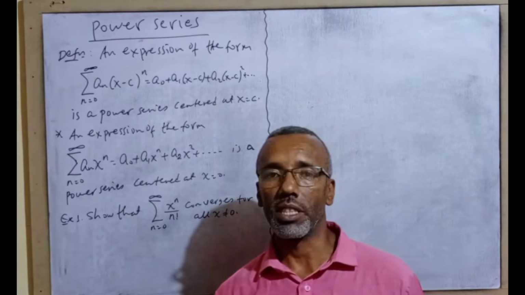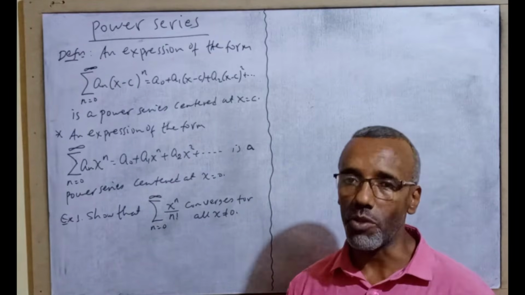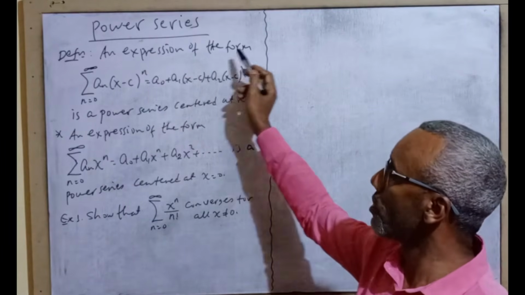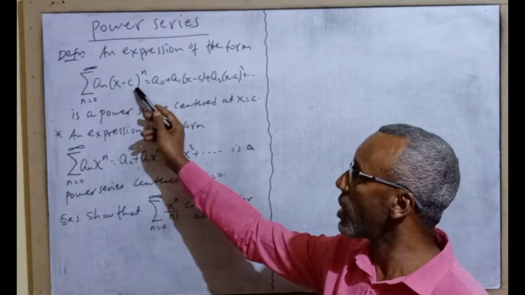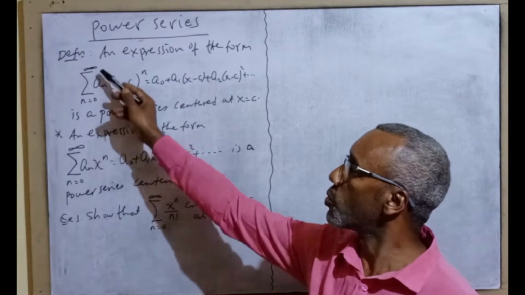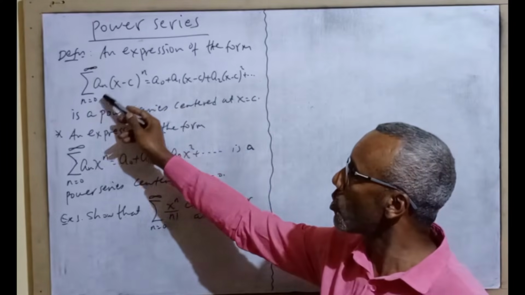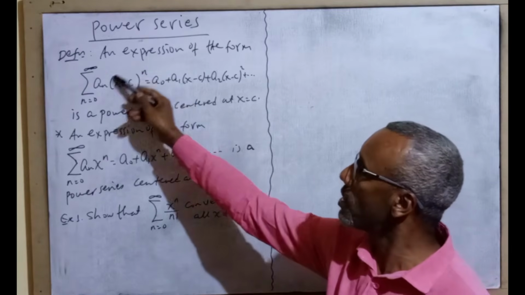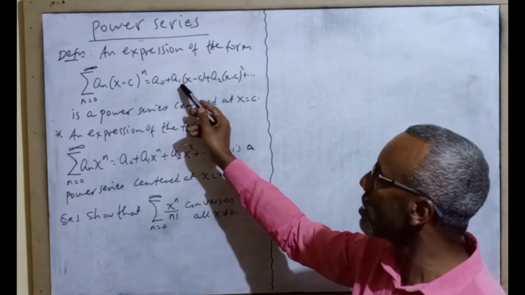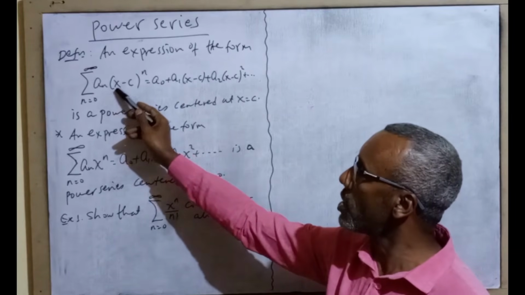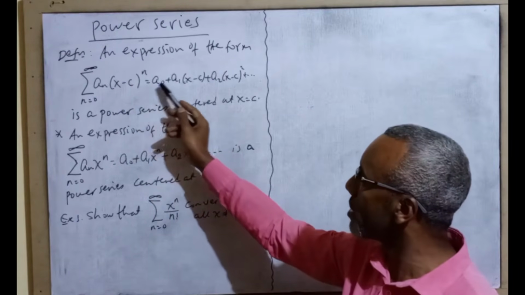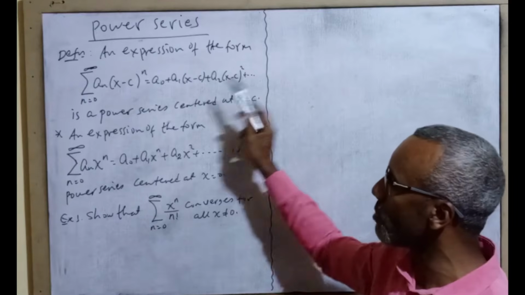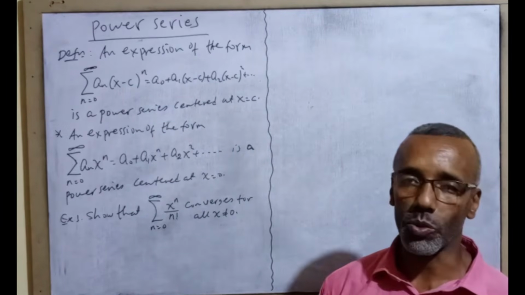ተማሪዎች ዛሬ የምንመለከተው የሁለተኛው ቻፕተር about power series የሚለውን እንመለከታለን ማለት ነው። power seriesን ስንመለከት let's start from the definition. ከደፊኒሽኑ ብንነሳ an expression of the form the summation of an into x minus c raised to n as n runs from 0 to infinity is described by n0 ሲሆን ለምሳሌ a0 ይሆናል a sub 0 into x minus c raised to 0 ማለት 1 ማለት ነው a naught plus a1 ለn አንድ ስናስገባ ማለት ነው a1 into x minus c raised to 1 ማለት x minus c ይሆናል plus ለn2 ስናስገባ a2 times x minus c square plus plus እያለ ይሄዳል ማለት ነው is a power series centered at x is equal to c